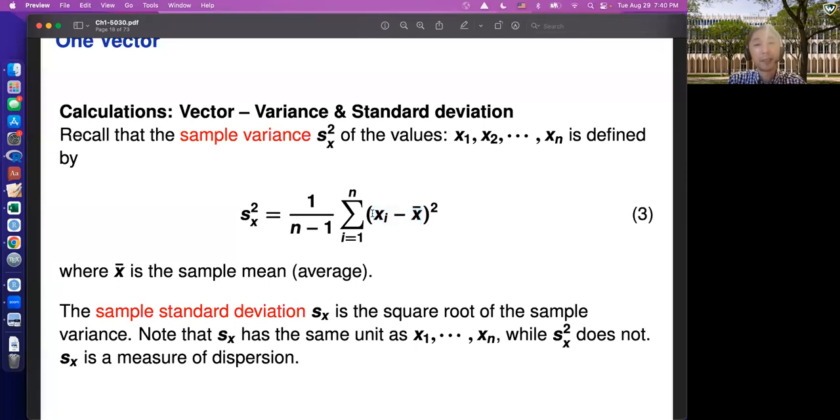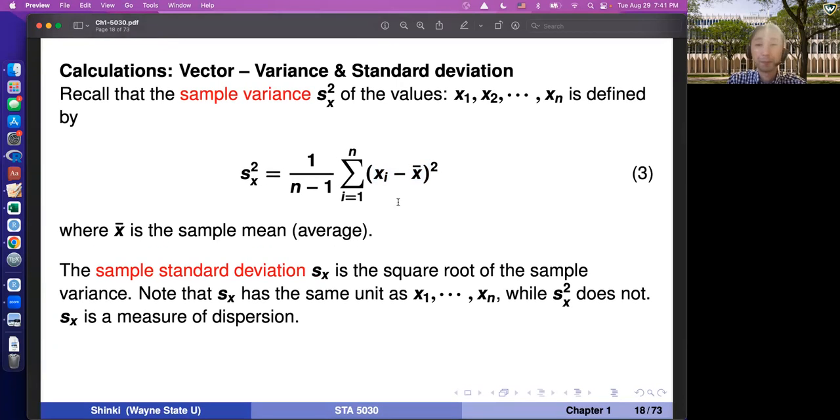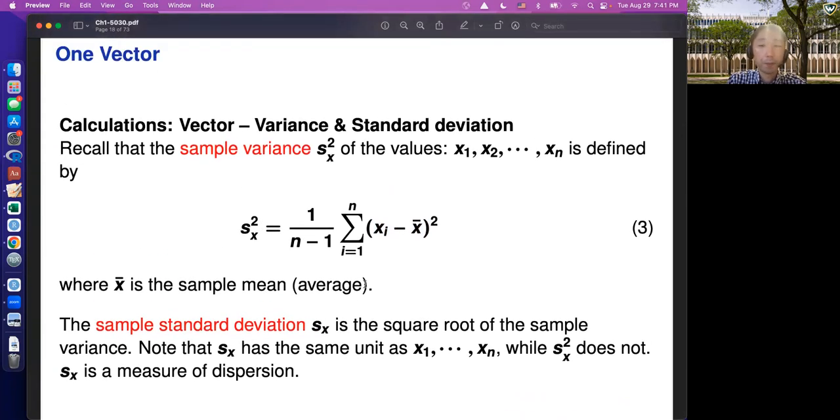So that means that basically this is the average of the square of xi minus x bar, and this is distance. So this is a kind of the average squared distance from the center. So if these observations have wider variability and many observations are far away from x bar, s sub x square is larger. And if most x sub i's are very close to x bar, then s sub x square is smaller. So this is the sample variance.